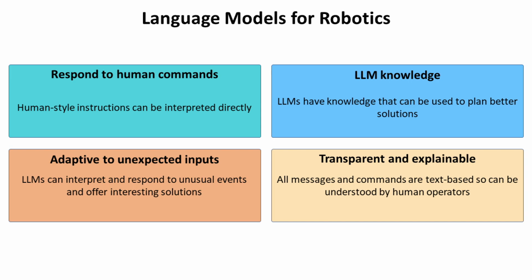Thirdly, they can adapt to unexpected inputs. Something unusual happens that the designers didn't plan for. Well, a language model can have a good crack at trying to resolve that and come up with some interesting ways to approach new problems. And finally, they are transparent and explainable. Everything in the control flow from the start to the finish is modeled as text, so humans can understand what's been done and can also go in and potentially insert their ideas in the form of text into that control